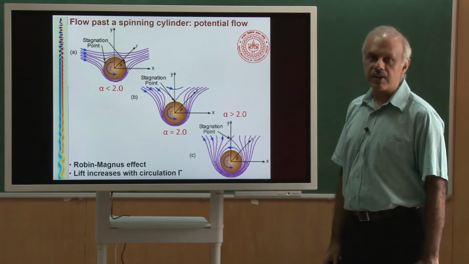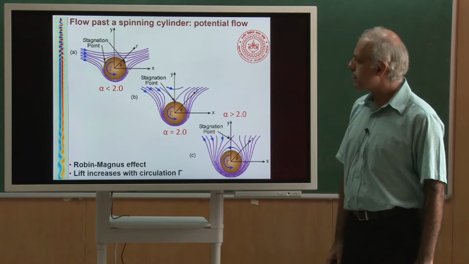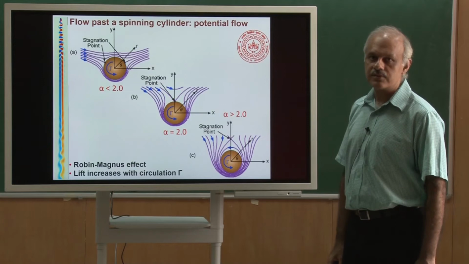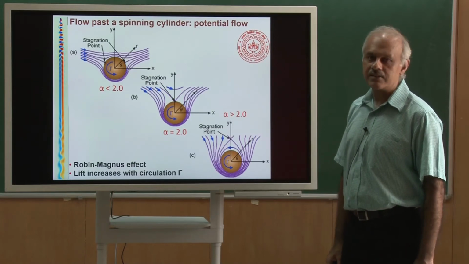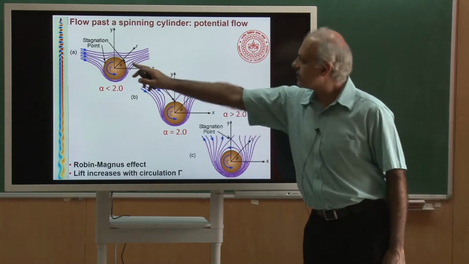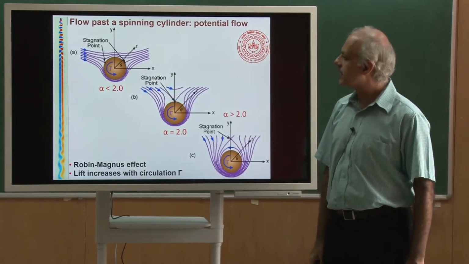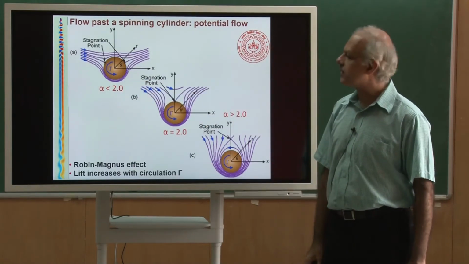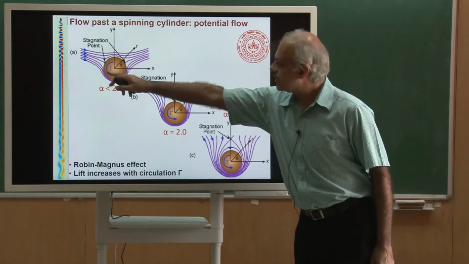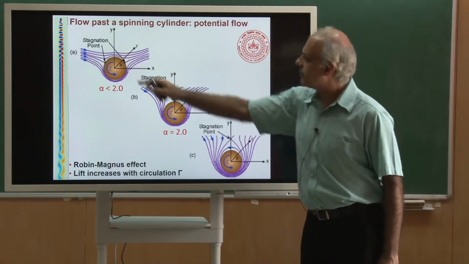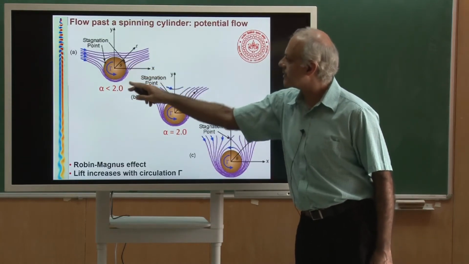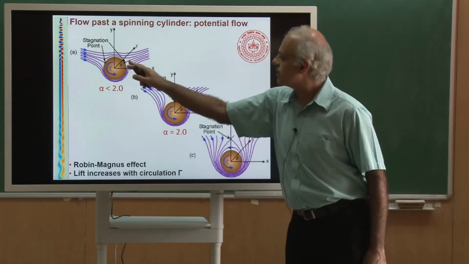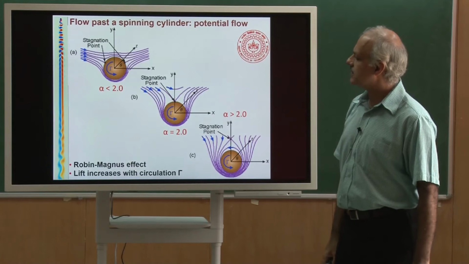So, this is the story so far. If we look at the potential flow, what we just saw, that if you have alpha less than 2, that number on the gamma, then you would get 2 stagnation points which are symmetrically located about the y axis, and these are the streamlines which I had sketched on the blackboard for you. So, those are the streamlines on the lower surface and then the upper surface, and they are separated by the stagnation streamline. The surface of the cylinder is a streamline, and then there are these 2 streamlines that straddle the cylinder.